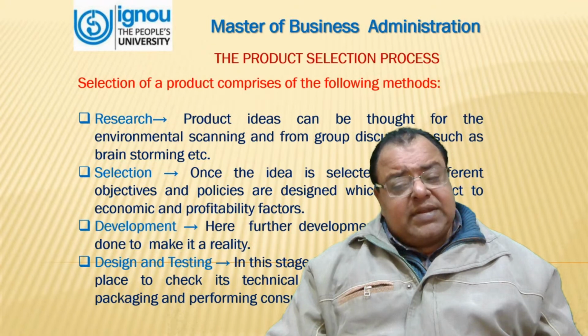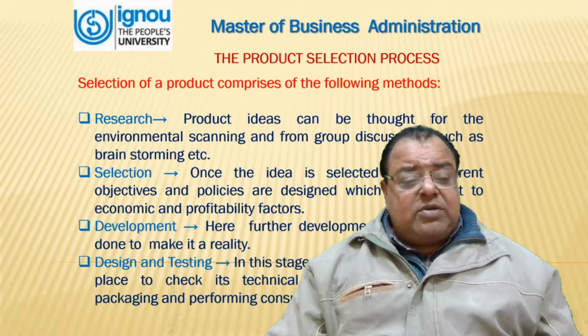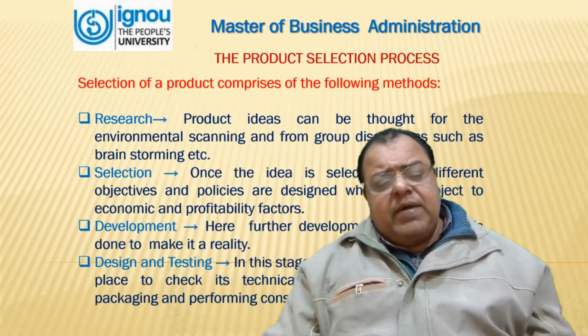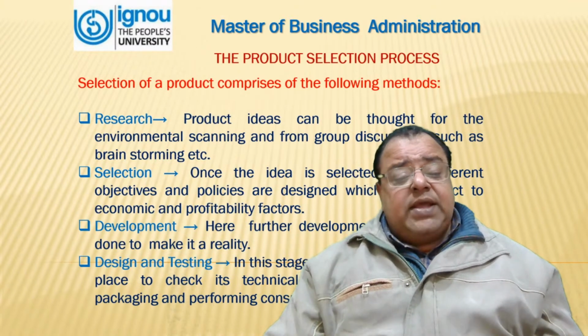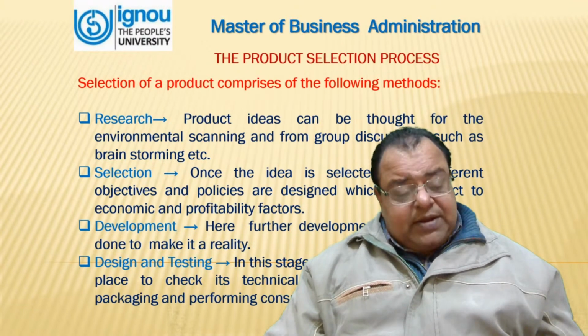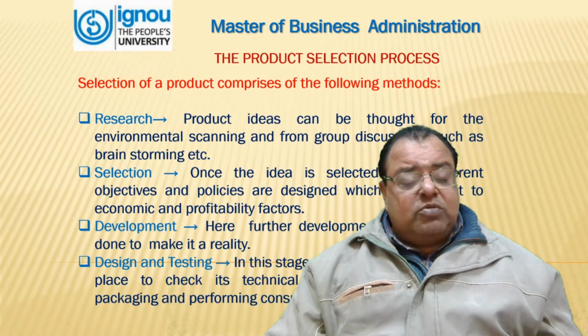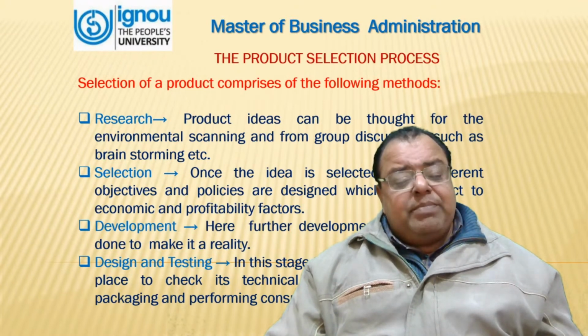Once the idea is selected, then different objectives and policies are designed which are subject to economic and profitability factors. Third one is development. Here, further development of the ideas is done to make it a reality. Fourth one is design and testing. In this stage, testing of the product takes place to check its technical soundness, brand name, packaging, and to perform a consumer